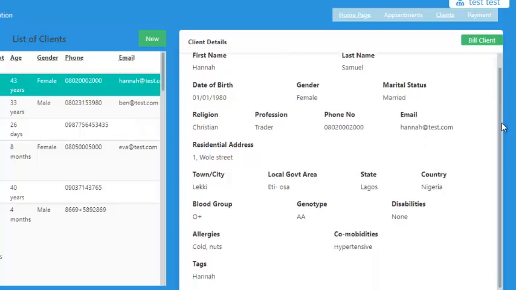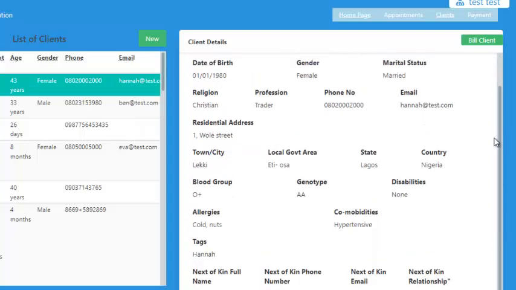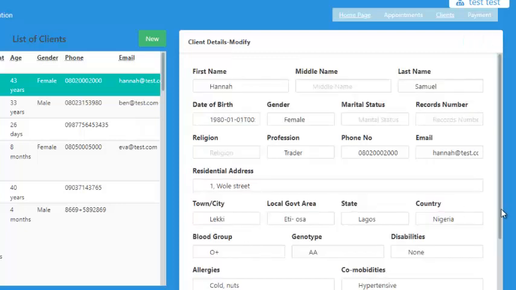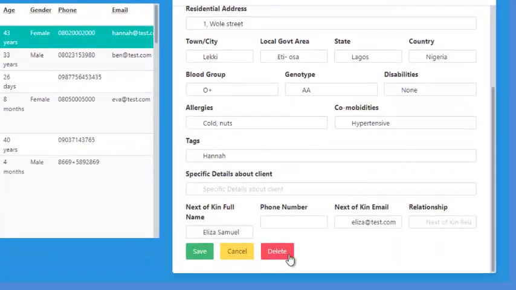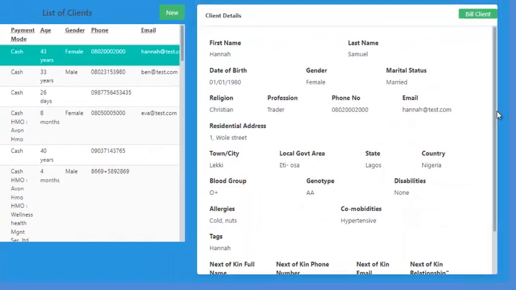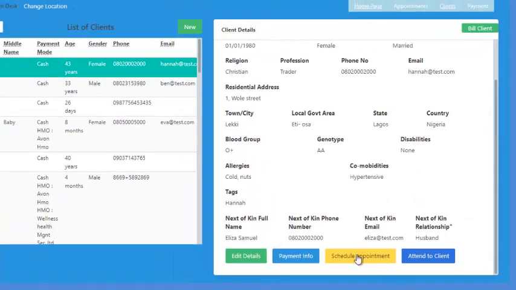Now we have all relevant details for this patient. We can decide to edit, if we choose to. We can decide to delete this patient's record if we feel it's a wrong patient record or the patient is no longer a participant in this program. Clients. But if we have to schedule appointments,